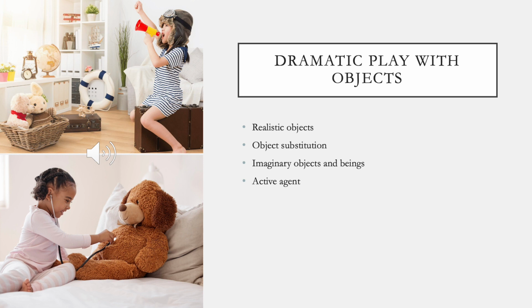Okay, so now we're going to talk about dramatic play with objects. And dramatic play with objects can be done in various ways. So thinking about children's development of object permanence helps us to better understand the growth of dramatic play and how it starts to evolve over time. So just a reminder, object permanence is when children are able to recognize that objects still exist outside of their realm of sight,